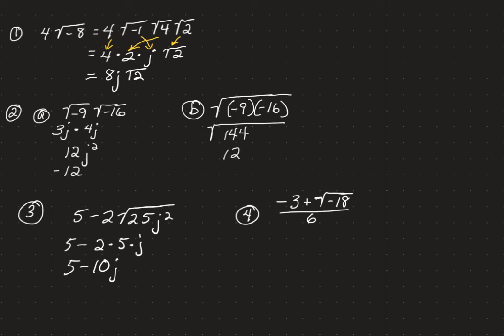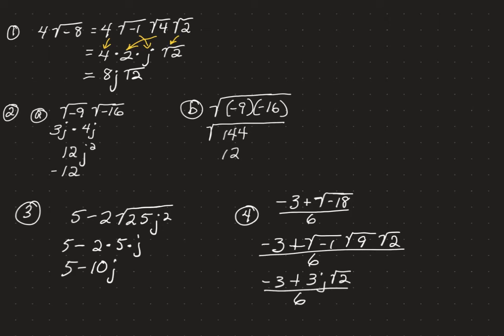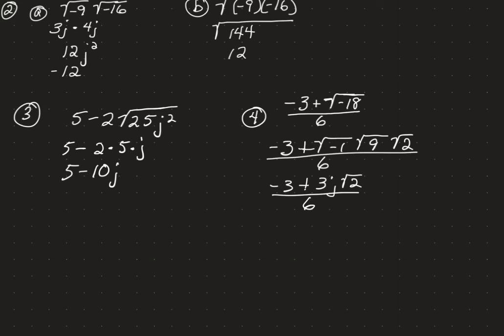Another example. -3 plus the square root of -18 over 6. -3 plus -1 times the square root of 9 times the square root of 2 divided by 6. -3. Okay, we have the square root of 9 is 3. The square root of -1 is j. But then we have that radical that just will not disappear. And that's all over 6. So we have now